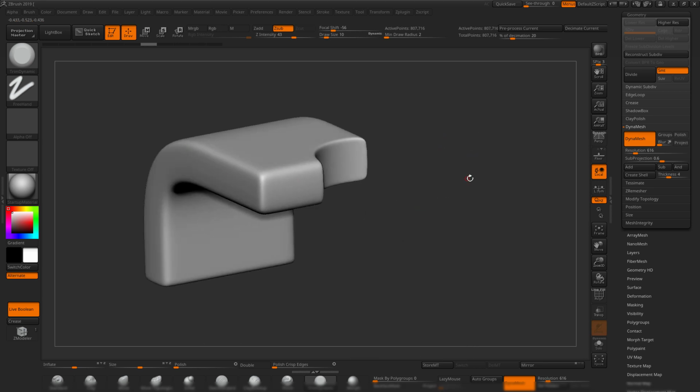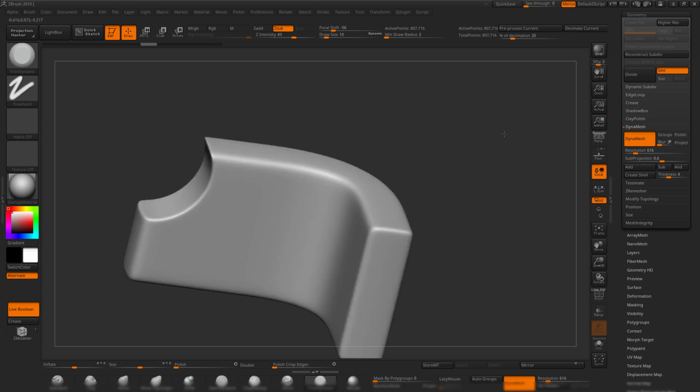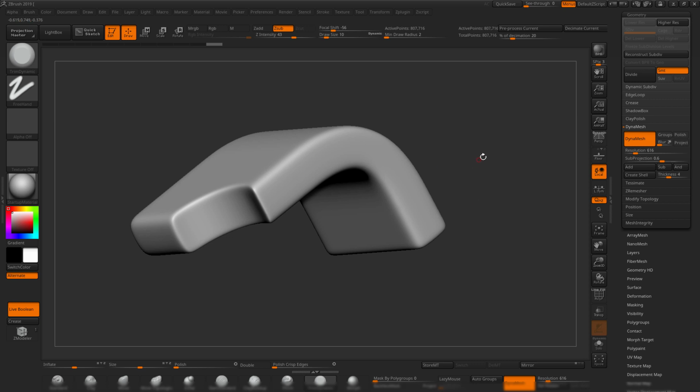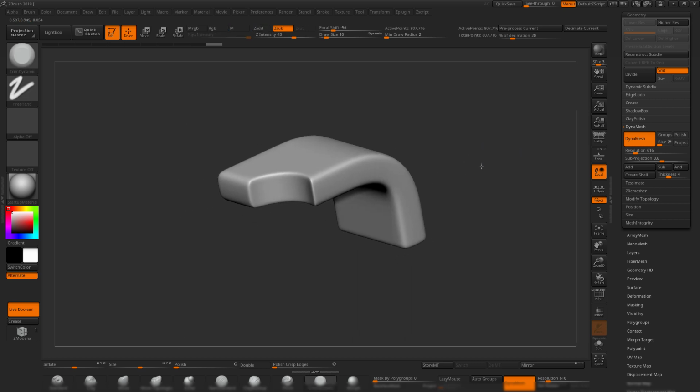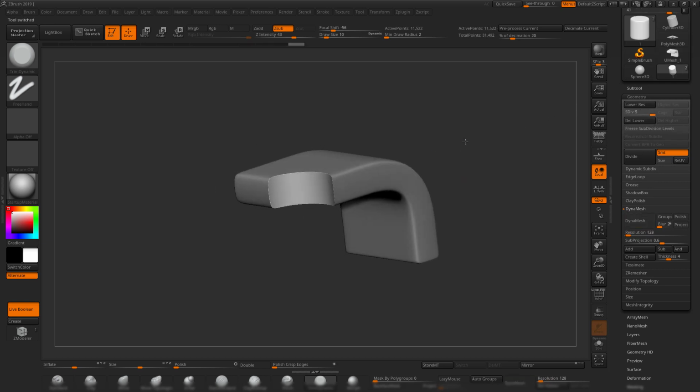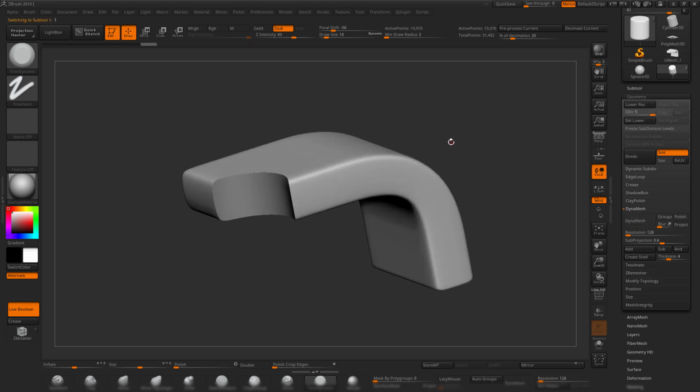Because you made this edge and you, for example, want it to stay the same, but when you smooth all the mesh, it becomes even smoother. So the solution to this is to use not smoothed meshes for